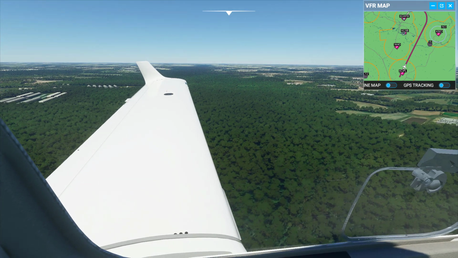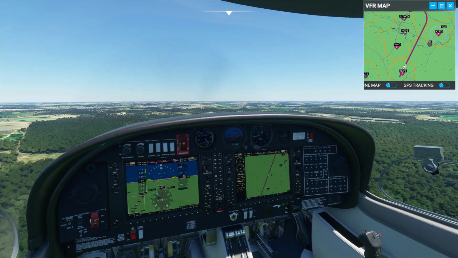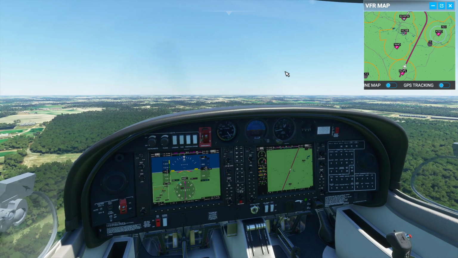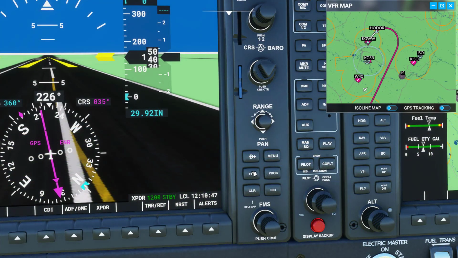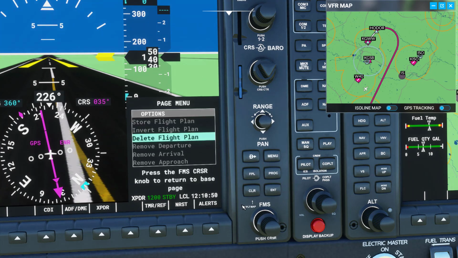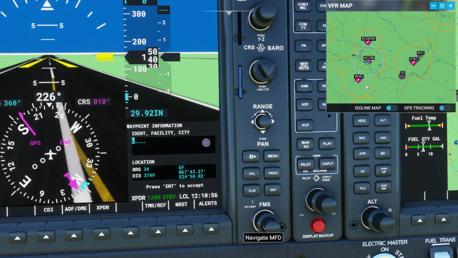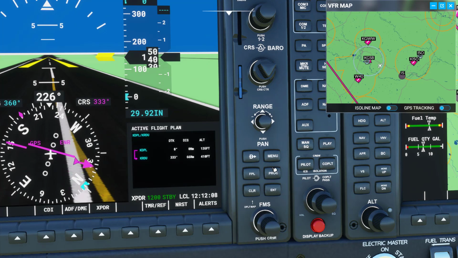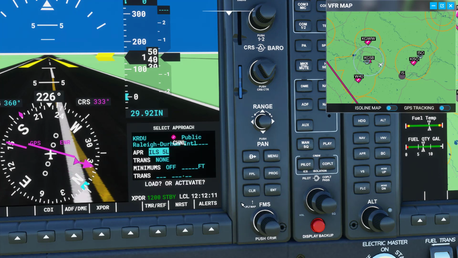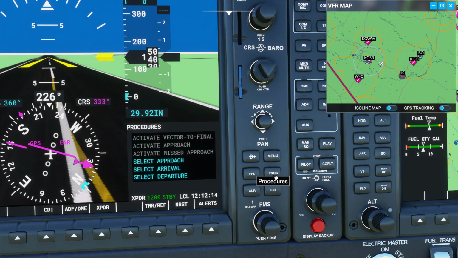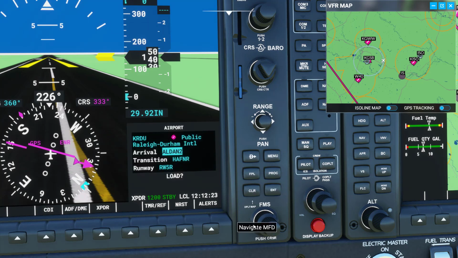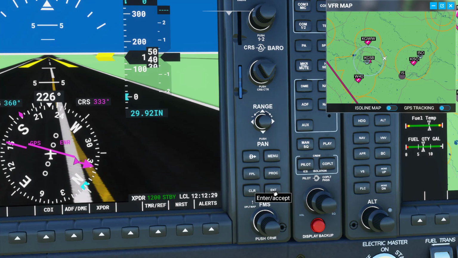It's important to note though, if you're doing something weird, like say for example, if I want to go to RDU, so let's go back over here, and if I want to just delete everything, I can just do that here. So let's go ahead and re-add this real quick. What I can do is to set an approach there, or I can select an arrival, and I can say to whatever runway. Let's load that,